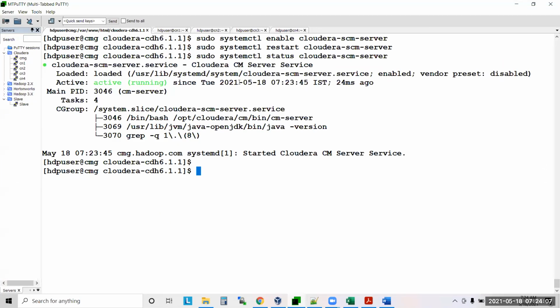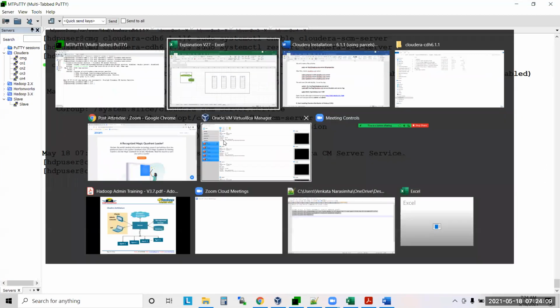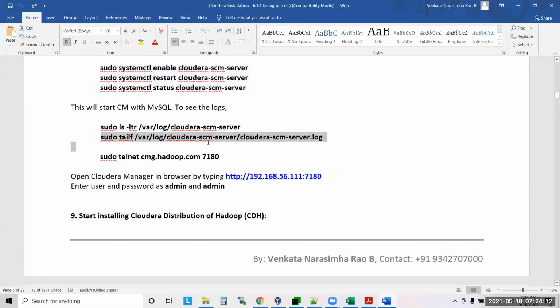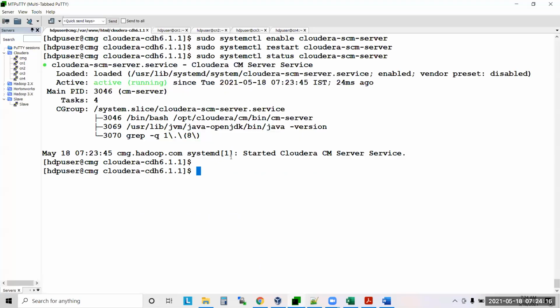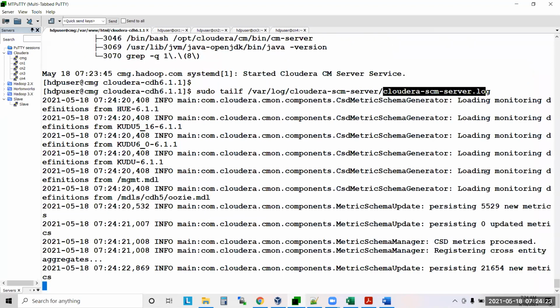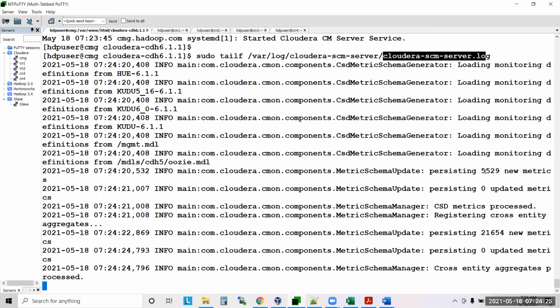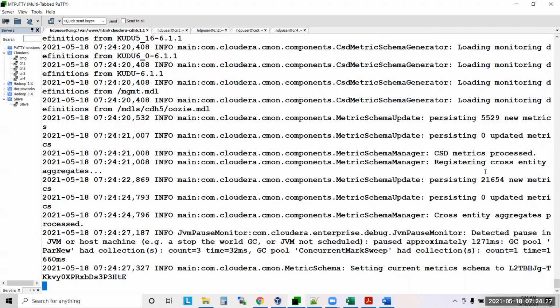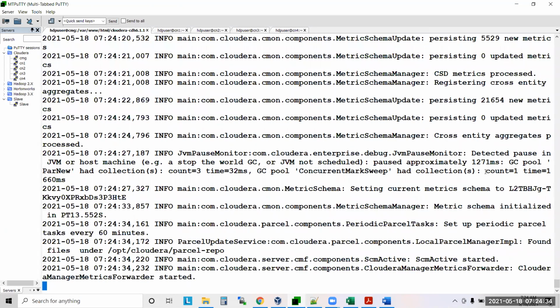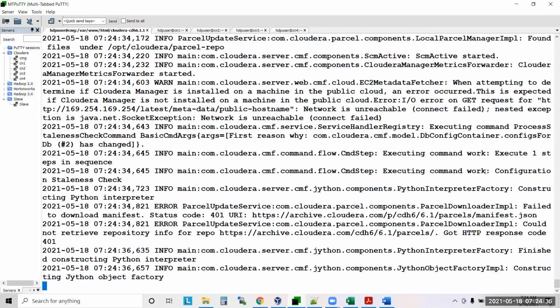Now where will this service write the logs? Tomorrow, let's say your Cloudera Manager is not running. This is the location of your log file: cloudera-scm-server, cloudera-scm-server.log. So if you open and see this, you will understand what the problem is. Tomorrow if your UI is not working, you need to check in this log why it is not working. And where is this log? This log is on